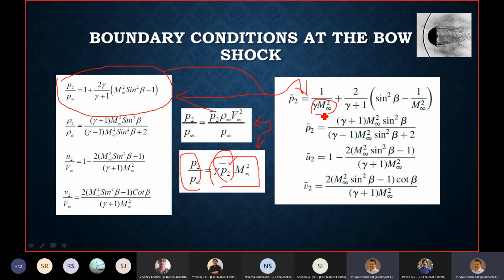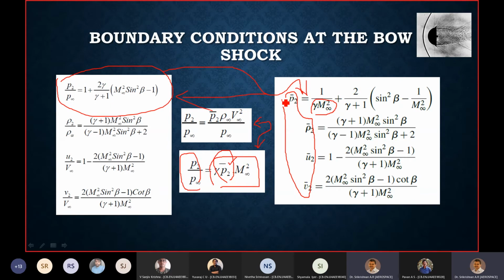I have just used the non-dimensionalization that we discussed and combined the two in such a way that again I have the shock conditions in terms of non-dimensionalized variables. Okay, so P2 bar, rho 2 bar, U2 bar, V2 bar, etc. So all these belong to the shock conditions or the conditions just after the shock,